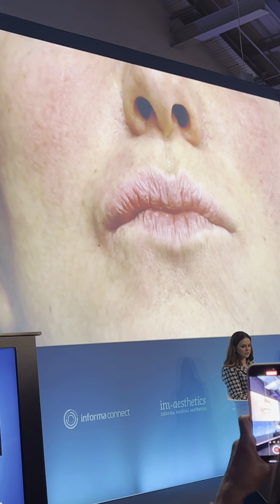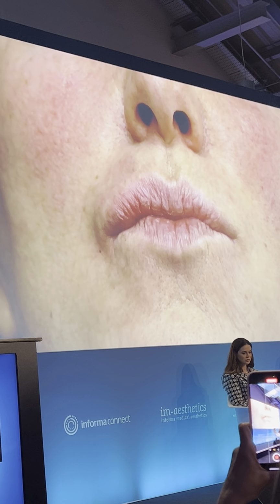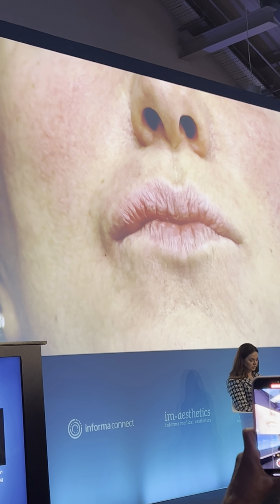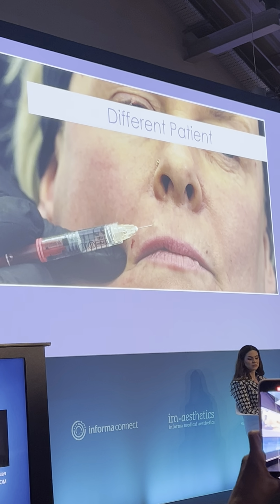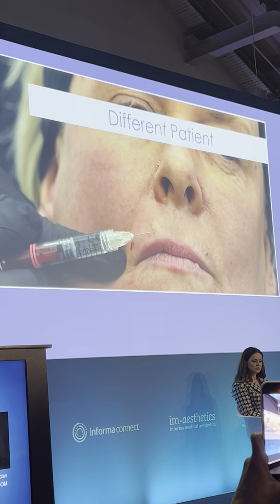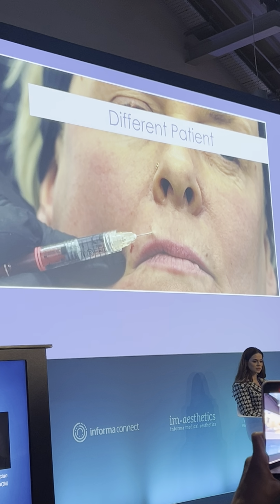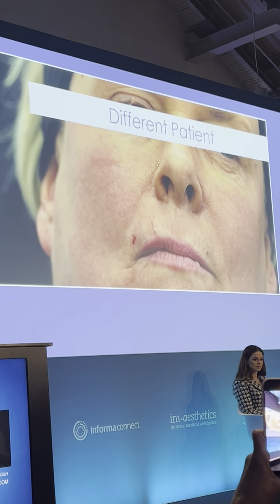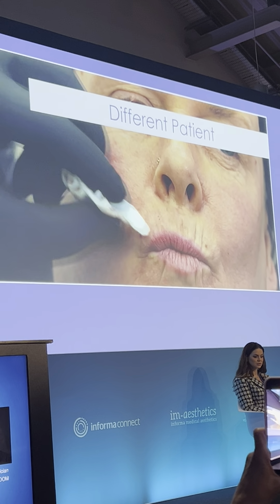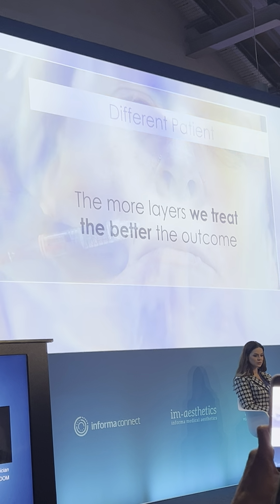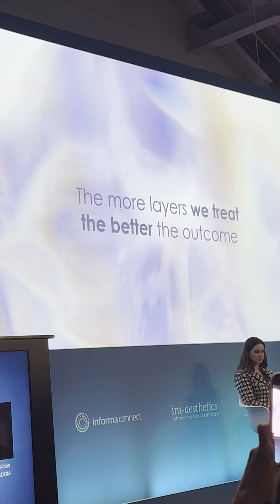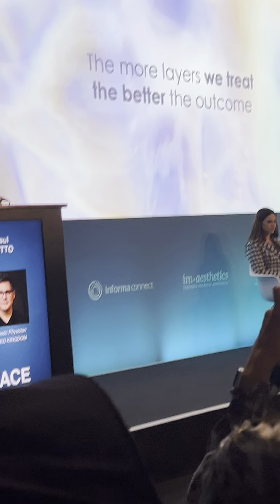So what would I do now if there was still a line there on animation? Well, I will switch to a needle, and I will do just a little intradermal bleb, so flat blanching, superficial dermal stretching, like that. Because remember, the more layers we treat, the better the outcome for our